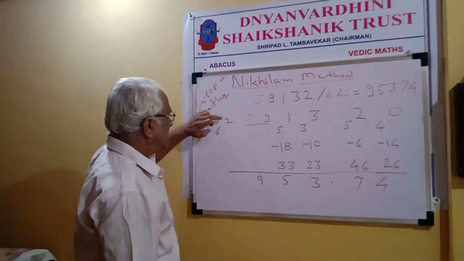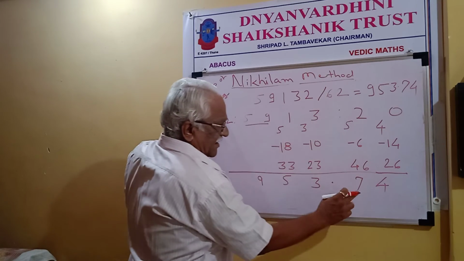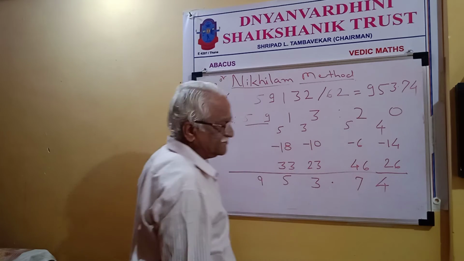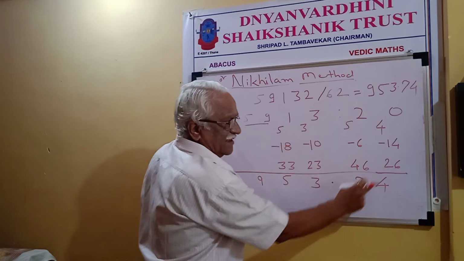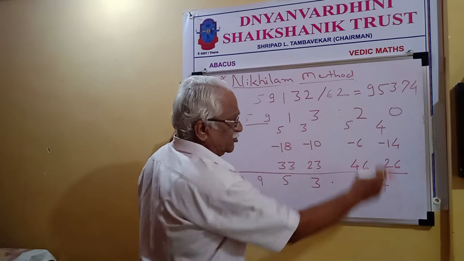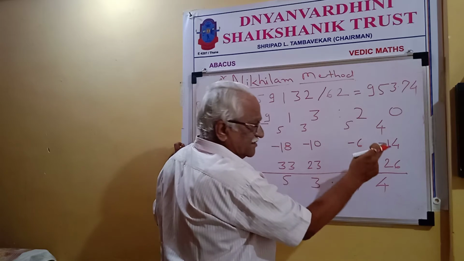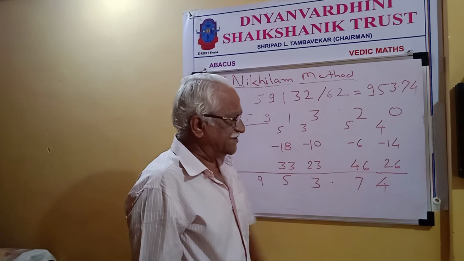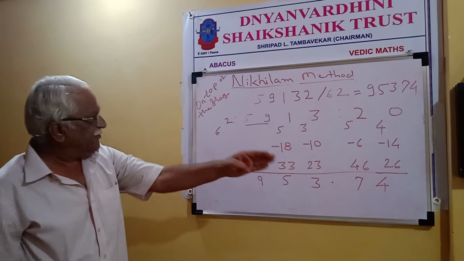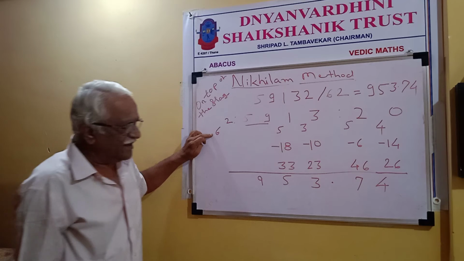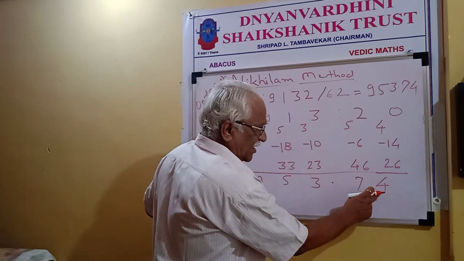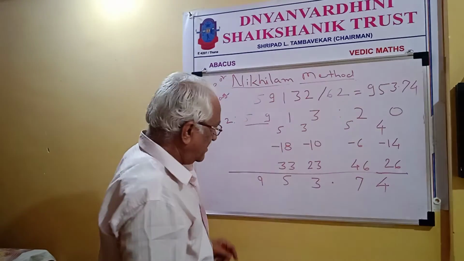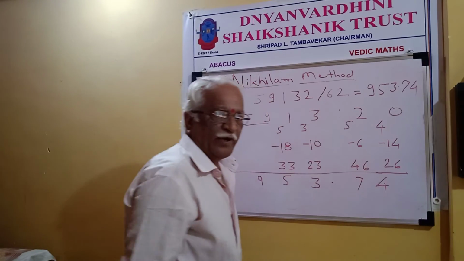Then again we will go for the multiplication, that is multiplier into quotient, that is minus 14. So gross dividend minus this is a net dividend. That is, net dividend is 26. Now divide 26 by 6, the quotient comes to be 4. And here we will stop the example, because we have gone up to 2 decimal points.